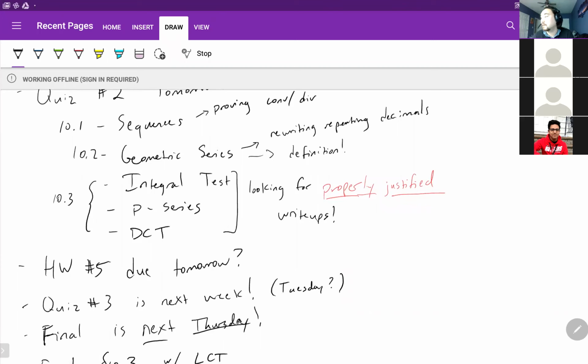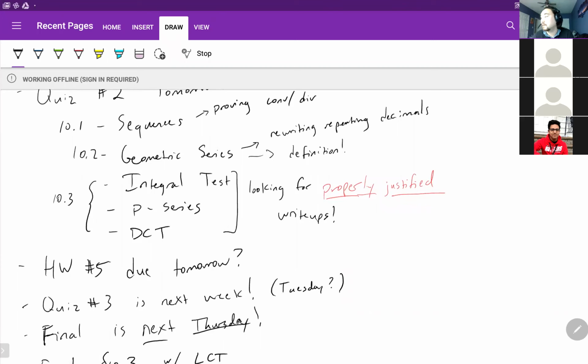Today, we're going to finish up 10-3 with something called the limit comparison test, or LCT for short. And then we're going to talk about absolute and conditional convergence. I'm going to skip something; I might do it in a video so that you guys have it. And then if there's time, we can start the ratio test, which I think is the last test. So we've covered a lot of tests so far. Let's get started by reviewing the tests that we've done so far and what I expect you to know for the quiz, and other things.